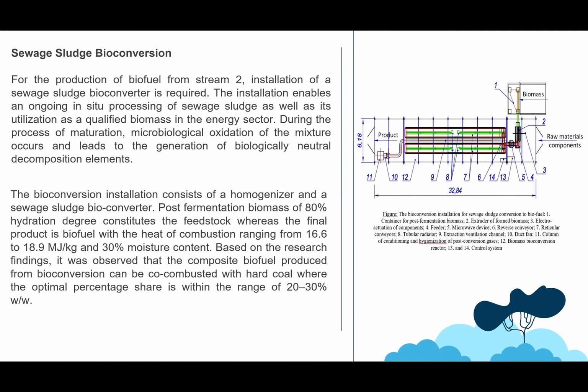Out of three products of anaerobic digestion, digestate is considered a waste and is either landfilled or used as a fertilizer. However, it often contains microplastics and leads to plastic pollution. Thus, we have come up with a solution that successfully utilizes digestate without putting the environment and others at risk. Our post fermentation bioconverter can transform this waste into biofuel with a heat of combustion that is comparable to that